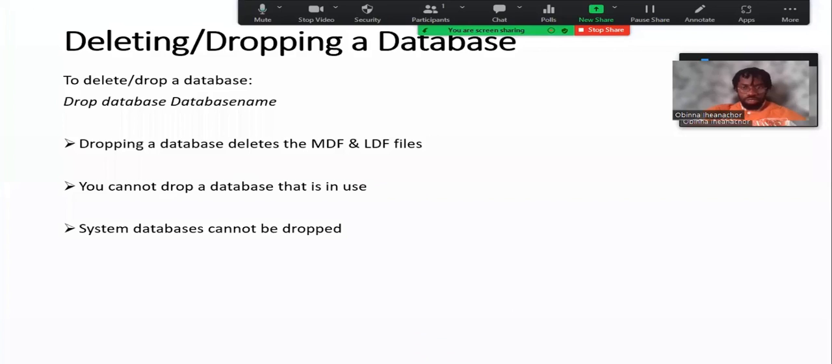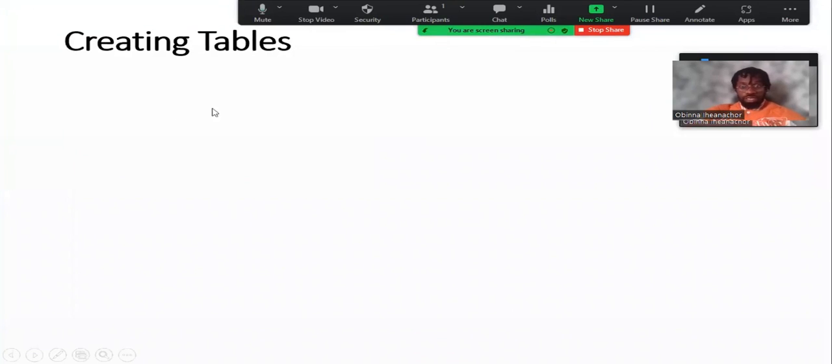So let's go on to the next concept, creating tables. So you're done with databases, right? You have a DB. Now you want to create tables in your DB, because a database without tables, right, is basically not serving any purpose. You want to create tables, right? So for this